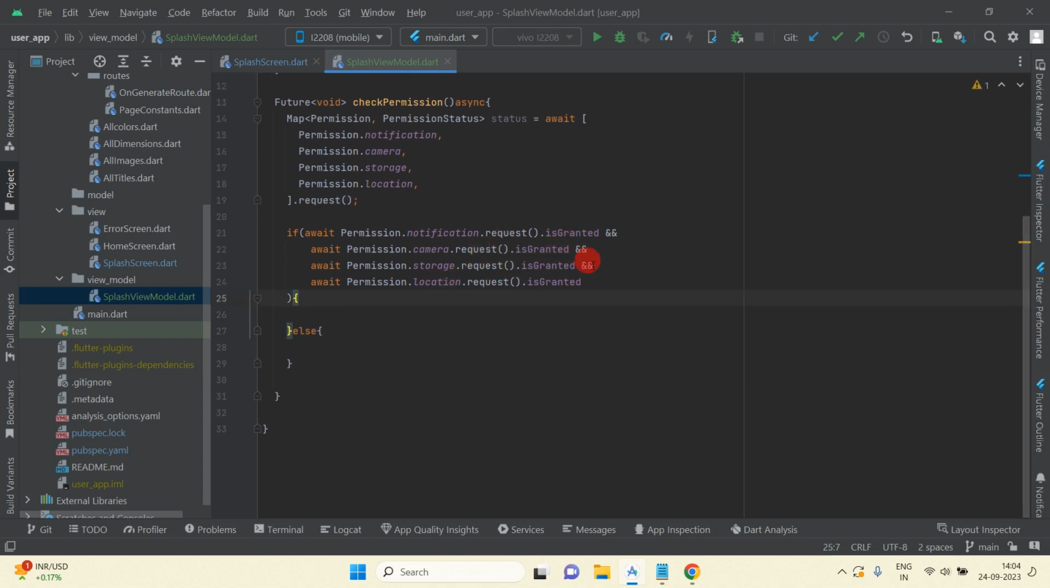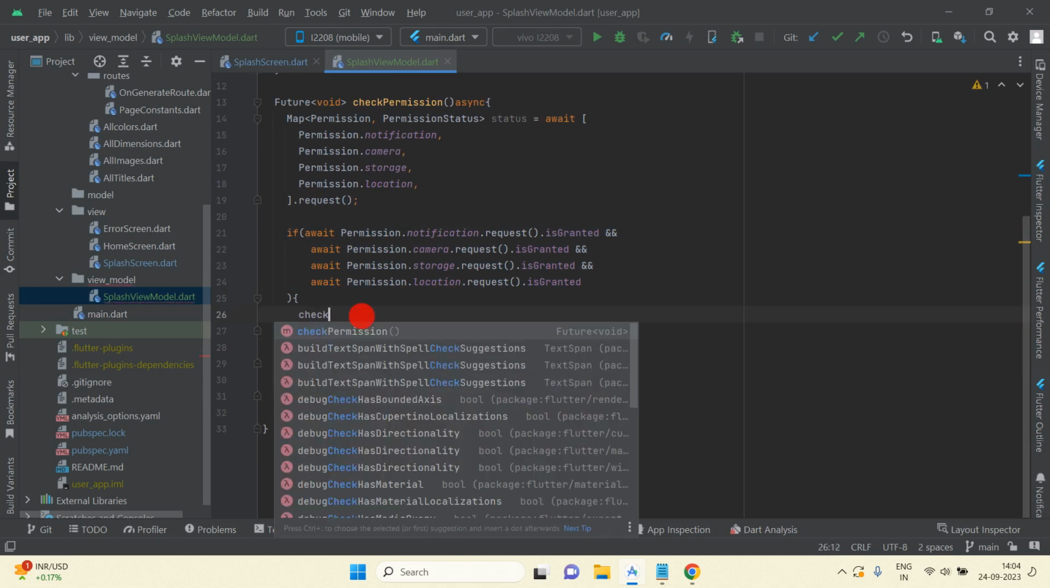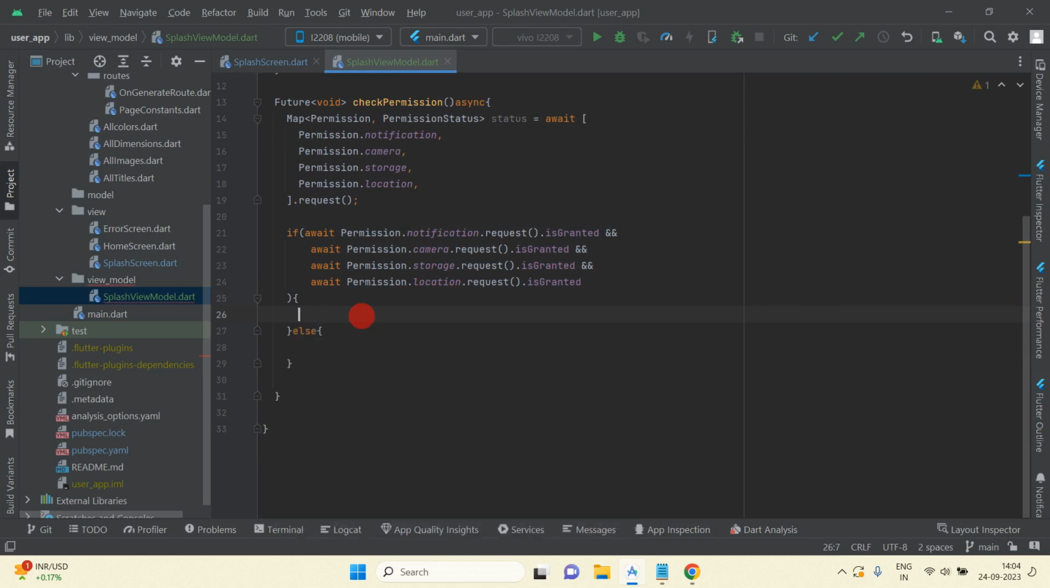Now, if all the permissions are granted, then we will fetch the current location of the device. So here we will create one more method, get current location. Okay,